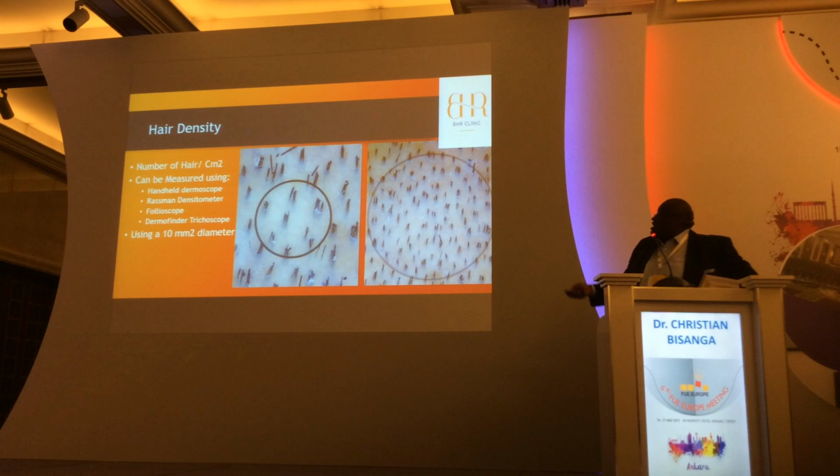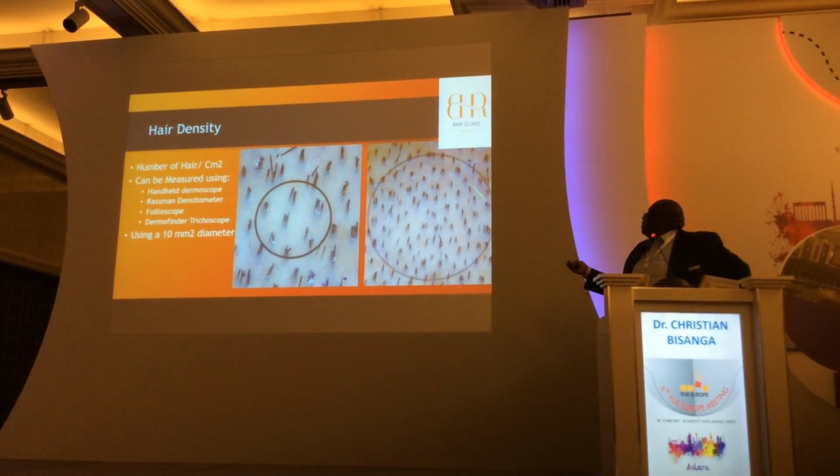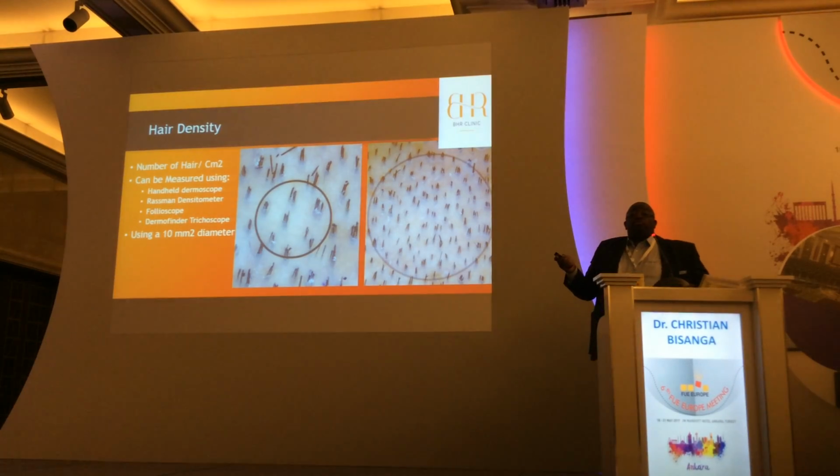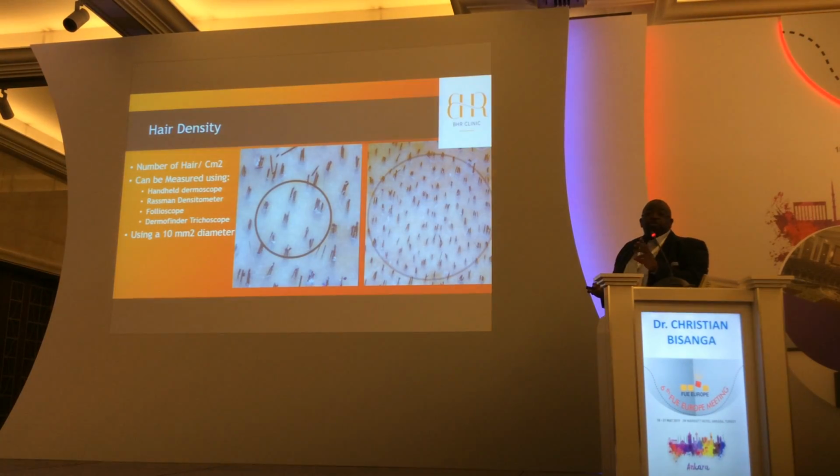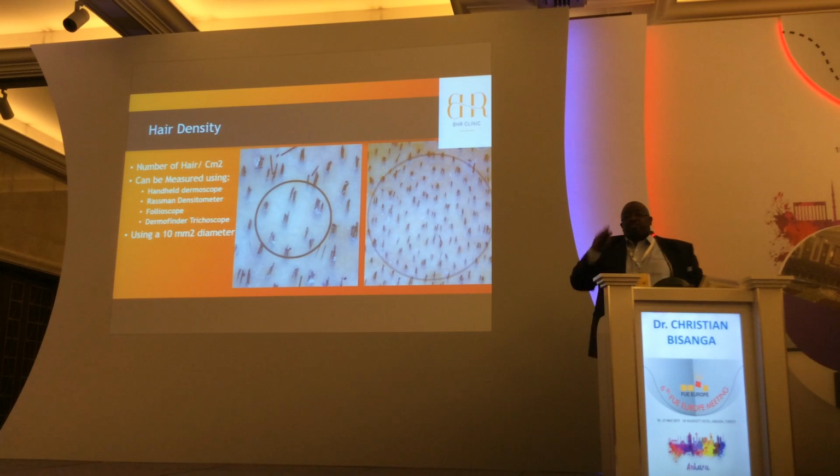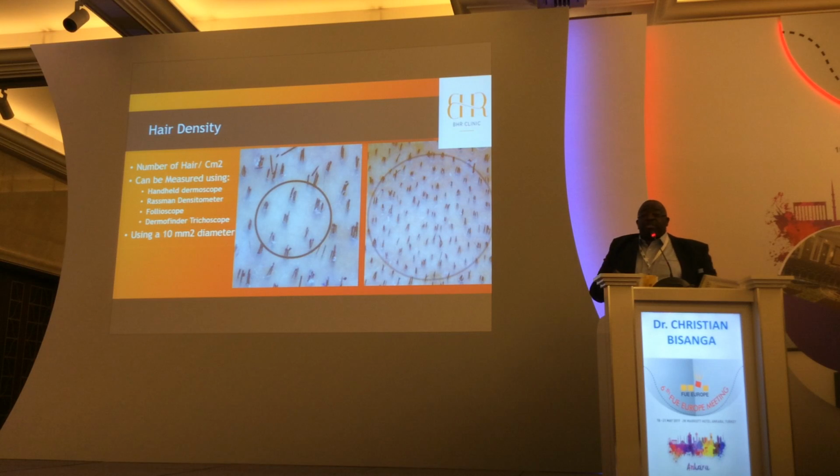density of this patient. Or you can take this and count everything if you want, or what you can do, you take your dermatoscope, you put it on millimeter paper, so you know exactly the outline, how many square centimeters you have, so you can count the number and divide it by the factor that you find, and you know how many follicular units you have per square centimeter.